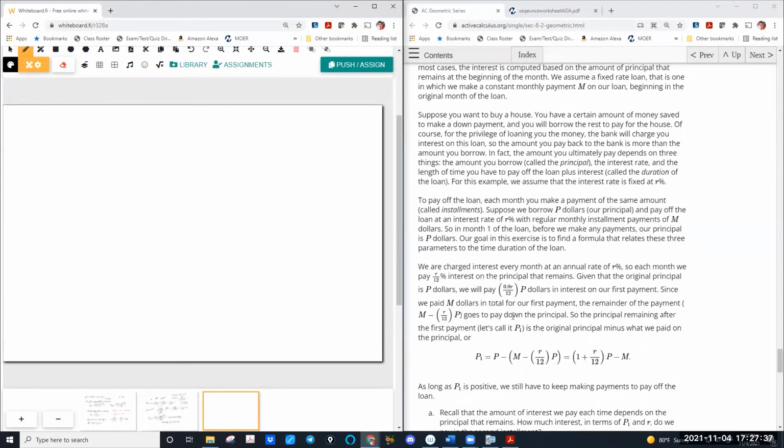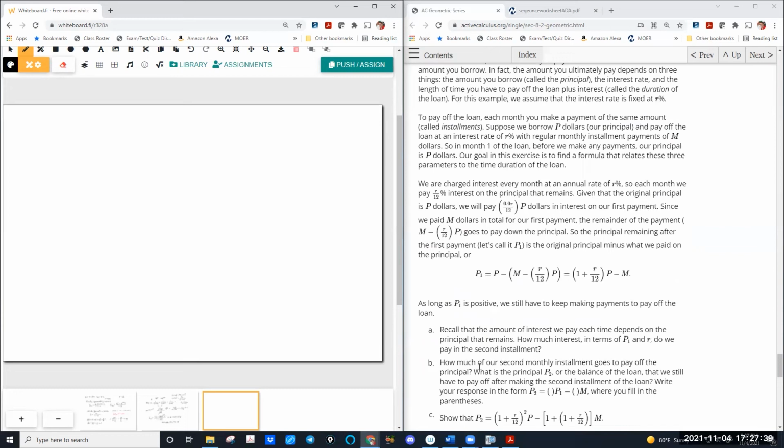So we're gonna walk through this. I'm gonna set up the formula. I'm gonna show you a little bit of the algebra behind it, because I really want you to see where the geometric series comes in on this one. And then once we have the formula, let's have you guys solve a couple problems with it. All right. So